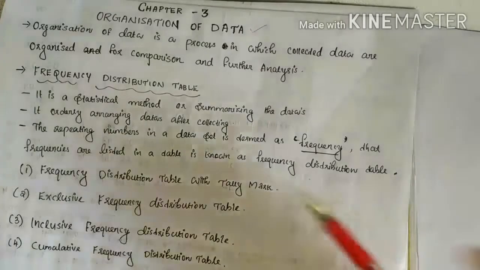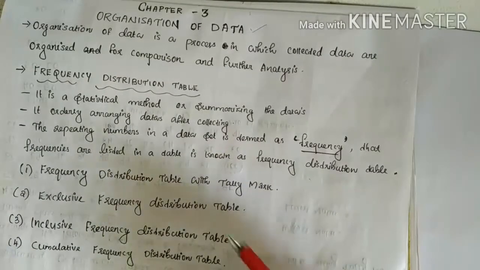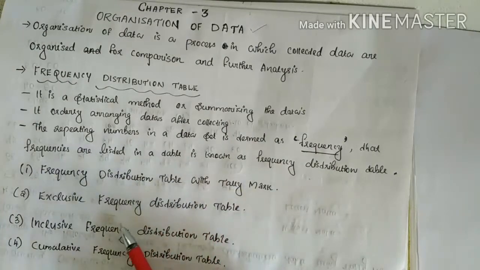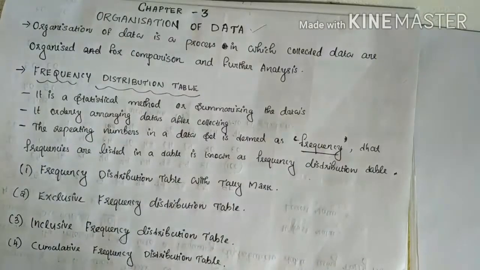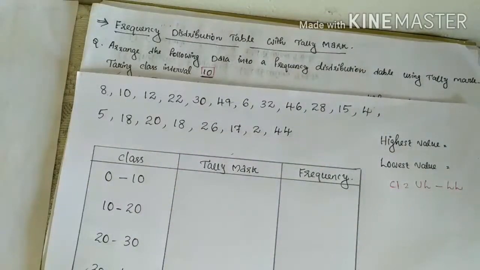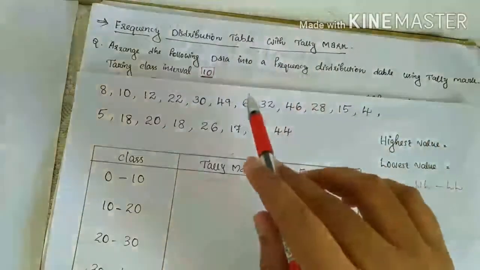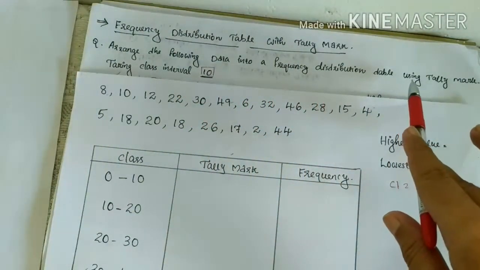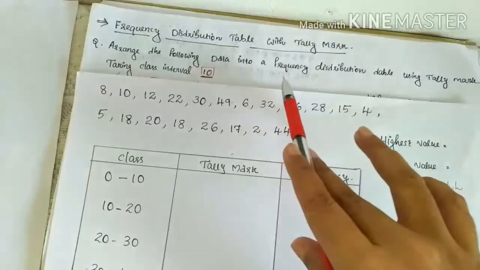There are 4 types of frequency distribution table: frequency distribution table with tally mark, exclusive frequency distribution table, inclusive frequency distribution table, and the last one, cumulative frequency distribution table. So we are moving on to the first type of frequency distribution table, that is frequency distribution table with the tally mark. Here a question: arrange the following data into a frequency distribution table using tally mark taking class interval